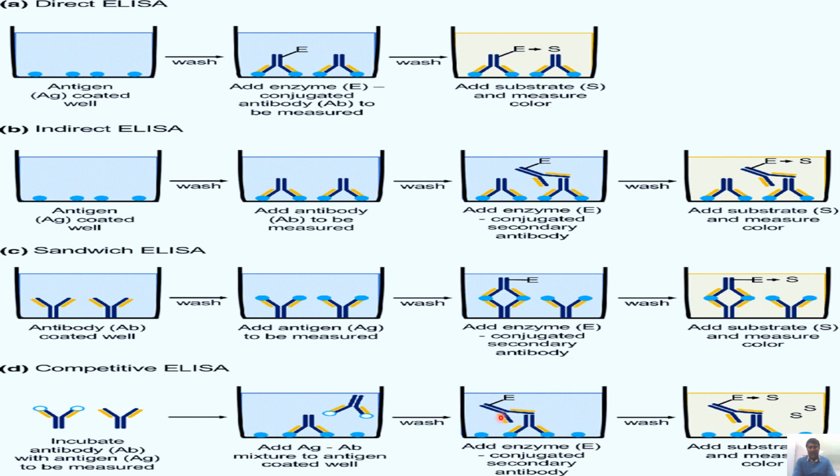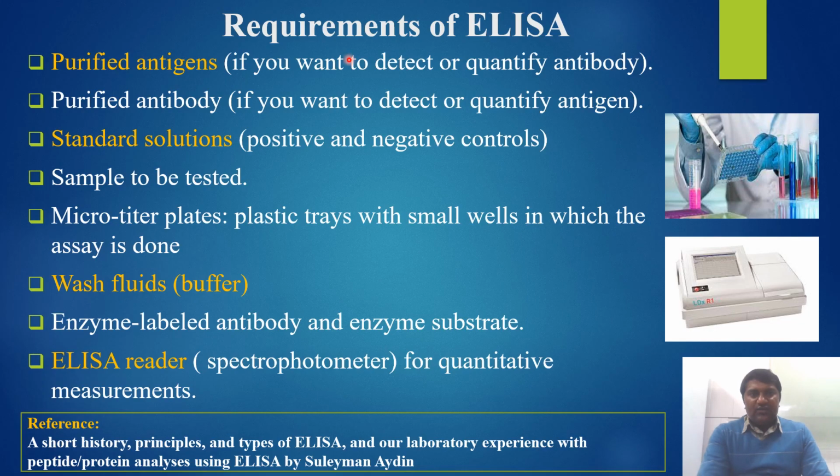In this ELISA, the phenomenon is totally different. If the OD value is high in the competitive ELISA, that will indicate a negative serum, while any serum with a low OD value shows a positive result. So the requirements of ELISA: the purified antigen if you want to detect or quantify the antibody, purified antibodies if you want to detect or quantify the antigen,